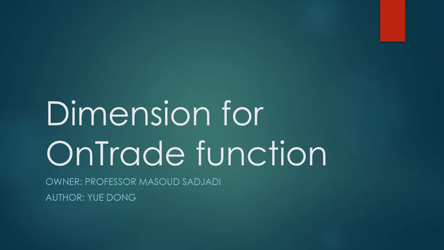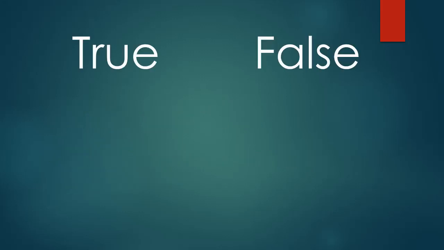I come from EFWET. In this video, I want to show how to use a two-dimension array to solve the problem of how to simulate the OnTrade function in MQL4. So let's go. At the first version of my code to detect the order event,